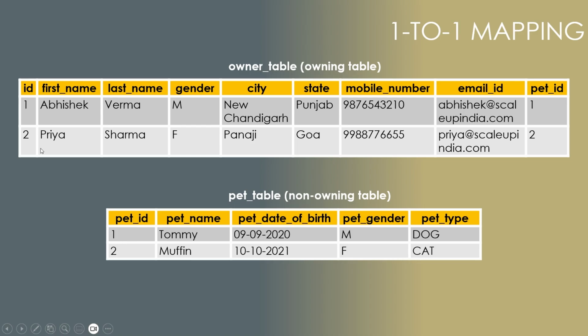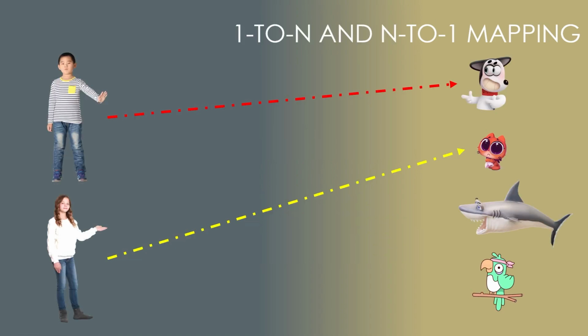Owner with ID 2 is having the pet with ID 2. So I hope that was simple enough. Now let's move to the next part. So in the next part, here we are having 2 more pets, and this time we are going to see